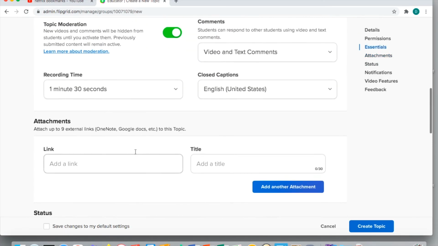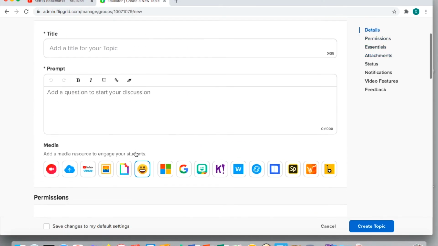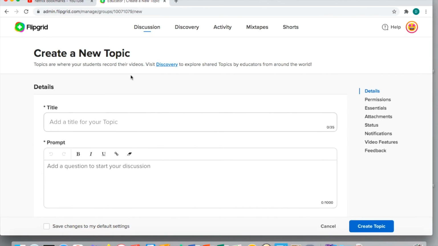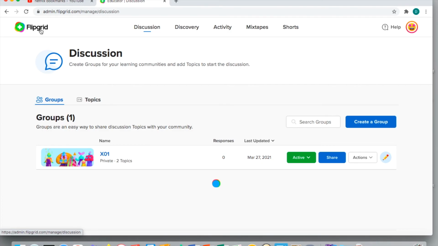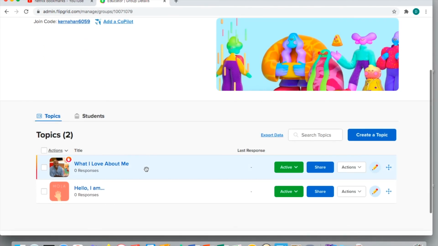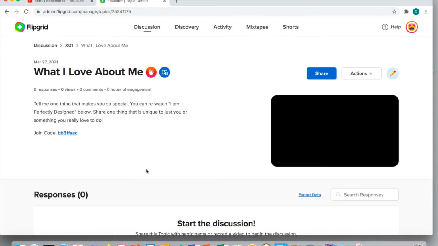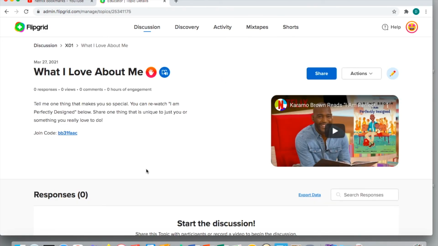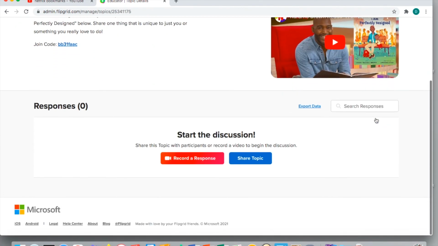But I really love this. I think it's a great feature. I think it's a really great way and a very relevant way for our children to start utilizing social media in the classroom, but in a way that they're being monitored and they're providing engagement, and they have so much to share with us, and they're telling us all about them, and we can learn about them. And I think it's an awesome feature. I really like this. I think it's great.